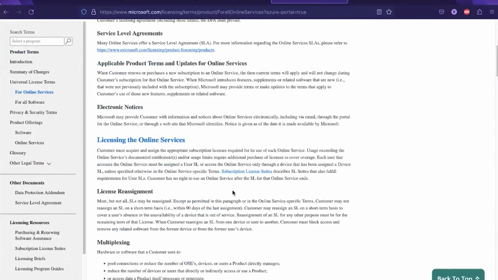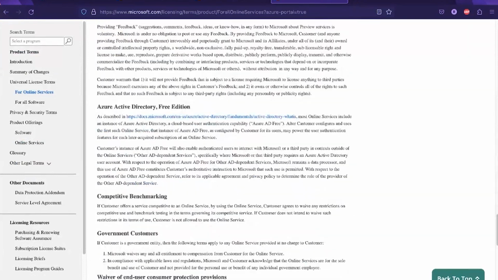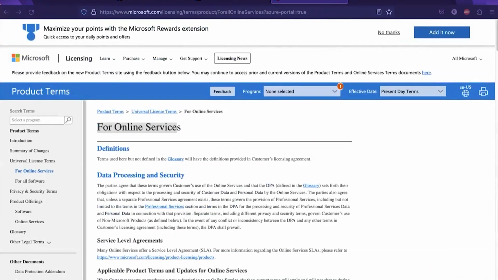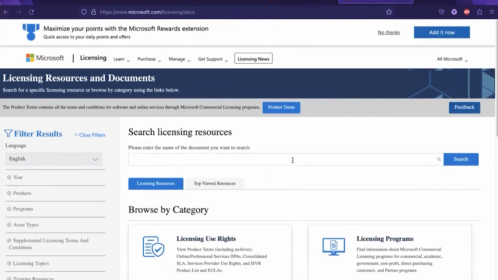Even you can go ahead and, if you want, search for your documents and everything over here. This will be the whole part that will be working over here. So when we are talking about this whole scenario, we have these online service terms and conditions as well. Even if you want to access the DPA, the data processing addendum, which we were talking about, we can go to this portal itself. Here you can search for anything. So we can search for the licensing resource like DPA. We can search it.